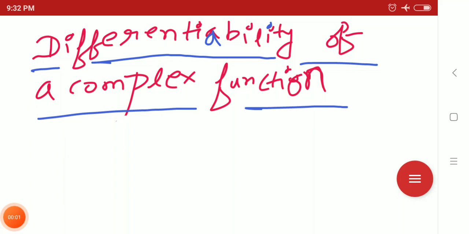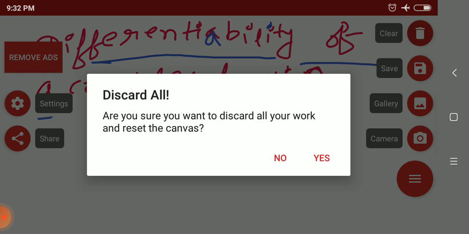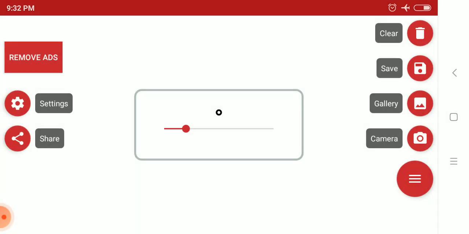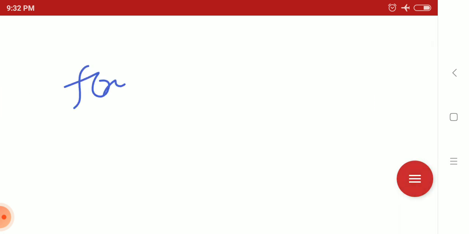Hello friends, today I am going to discuss differentiability of a complex function. So what do we mean by differentiability of a complex function? But as usual, before discussing the differentiability of a complex function, we should first know what is differentiability of a real function. Differentiability of a real function means, if you have a function f of x,